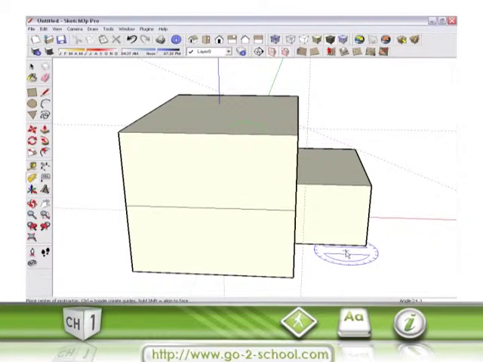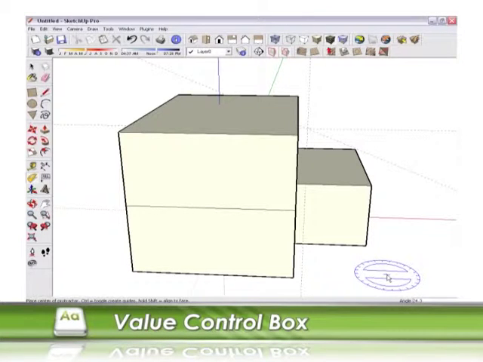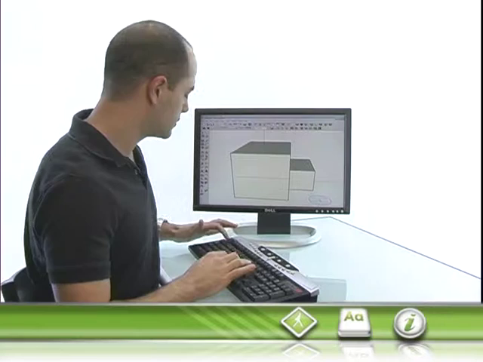the construction line. Once it's set, you'll notice in the value control box that it's asking you for an angle for that construction line. You can either type in a degree value, you can type in 30 and hit enter for 30 degrees, or you could type in 20 and hit enter for 20 degrees. You can also type in an architectural slope notation. You can type in